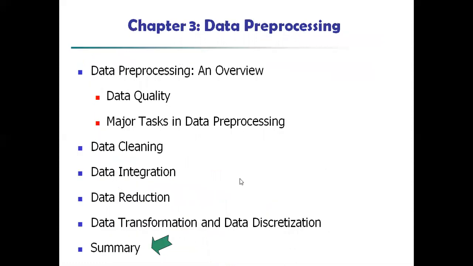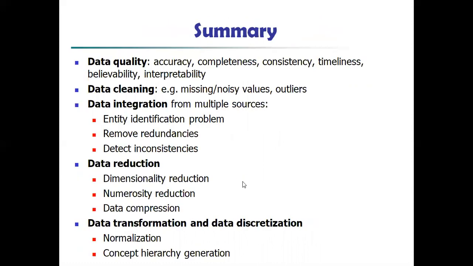Okay, now we have seen different types of techniques. We'll see the summary of what we have studied. We have seen that the data should be of quality, then only it will be used for data mining. If the data is not of quality, it cannot be used for data mining. That's what we have seen in the introduction part, and we have seen how to define the terms of quality. That is, it should be accuracy, completeness, consistency, timeliness, believability, and interpretability. This is what we speak about data quality.